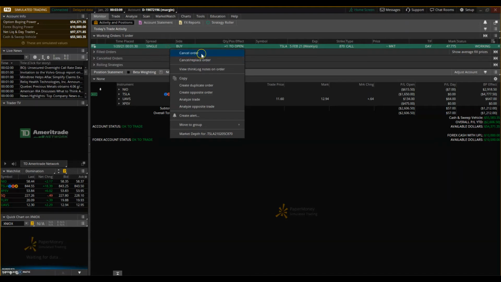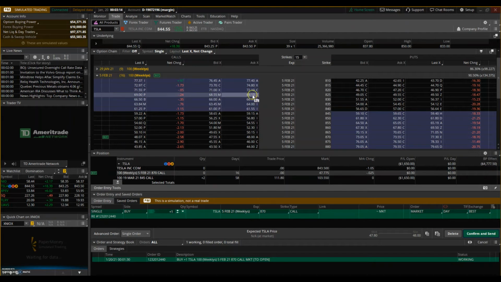If I wanted to cancel it, I could just right click it and hit cancel order. If I wanted to replace the order, I could just hit cancel and replace, and as I have a market order set up, I could change the current strike price if I wanted to, but this is more beneficial if you have a limit order or a stop order. So I could change the current stop price as long as I unlock it. So I have to change the price pretty much,